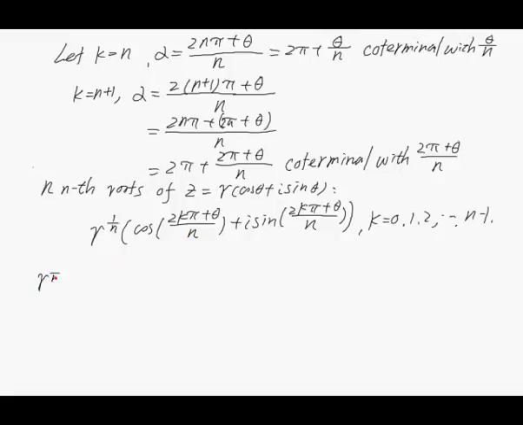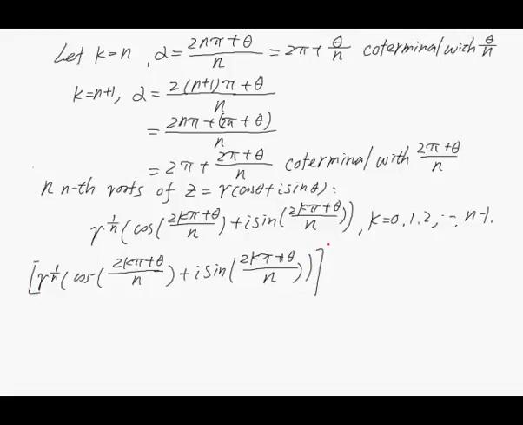So r to the 1 over n times cosine of (2k pi plus theta) over n, plus i times sine of (2k pi plus theta) over n. Then the whole thing